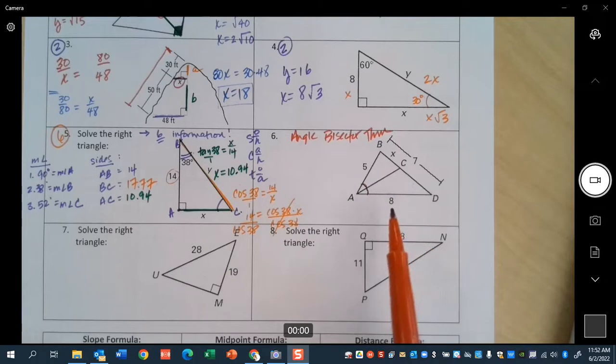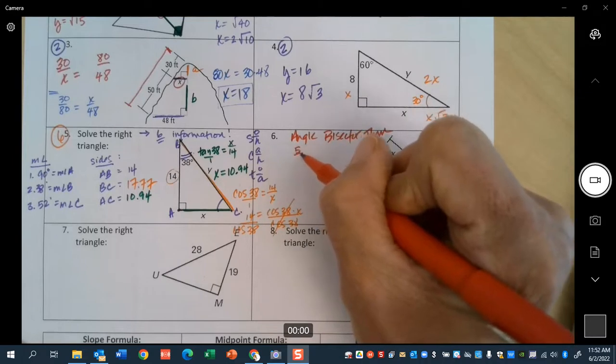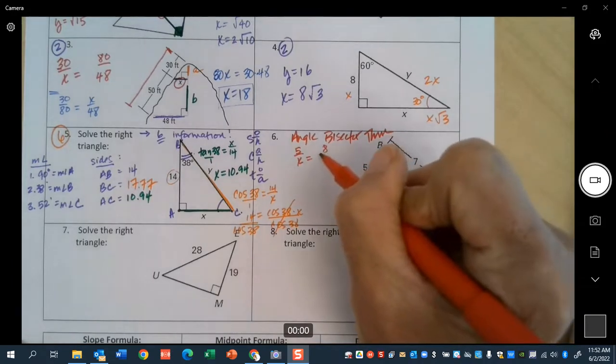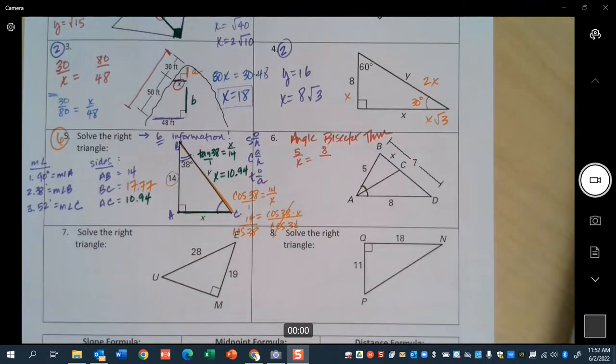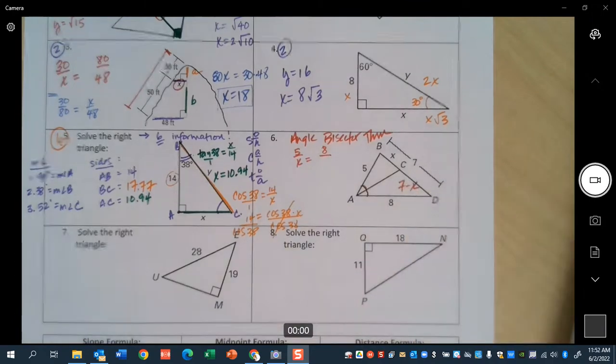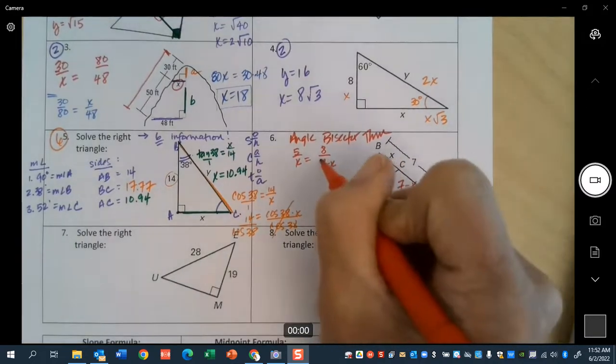It has nothing to do with right triangles, nothing to do with similar triangles. I just know that 5 compared to x is going to be the same as 8 compared to, don't say 7, because 7 is that whole, so it'll be 7 minus x. Hey, bubble wrap that,